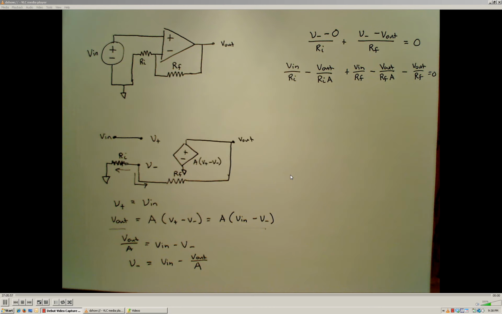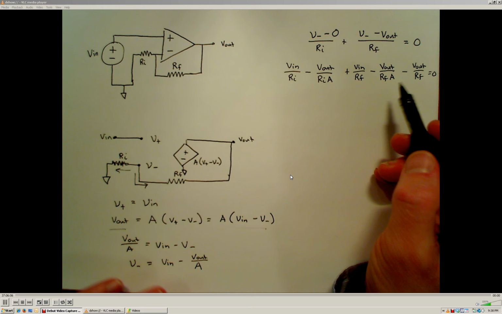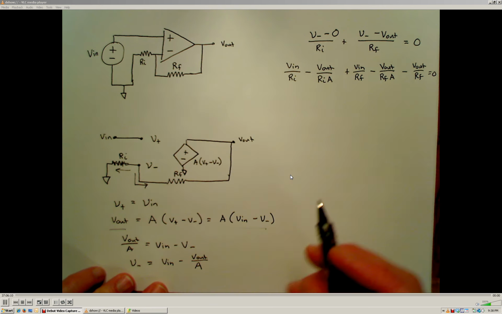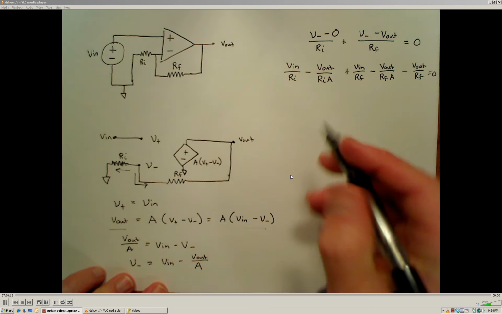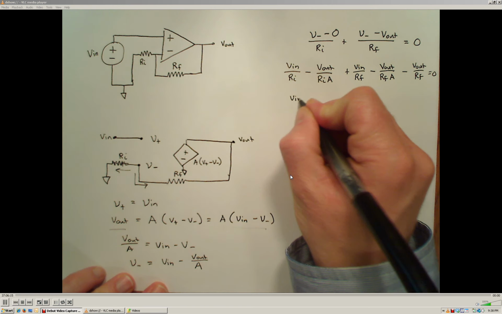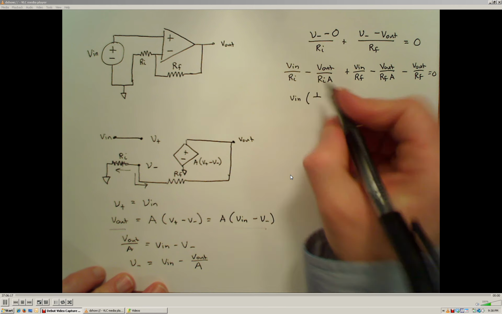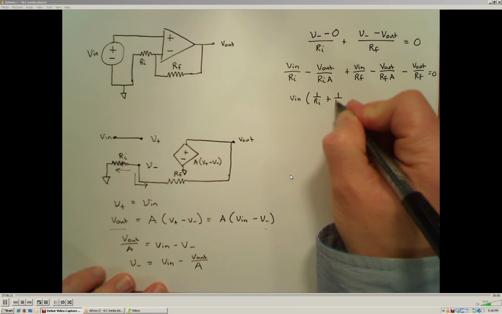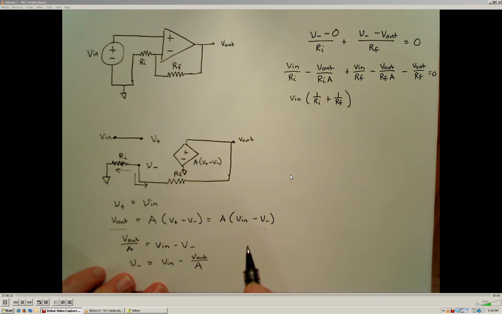Okay, once I've done that, what I can do is rearrange and group some terms. And what I want to do is get all of my output terms and my input terms on the same side of the equation. So I'll do Vn multiplied by the quantity 1 over Ri plus 1 over Rf on the left-hand side,